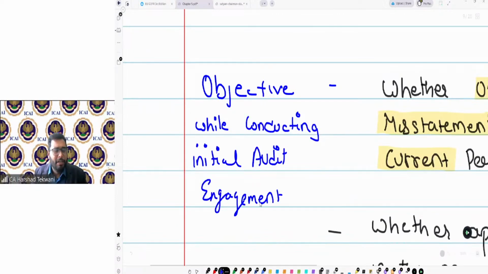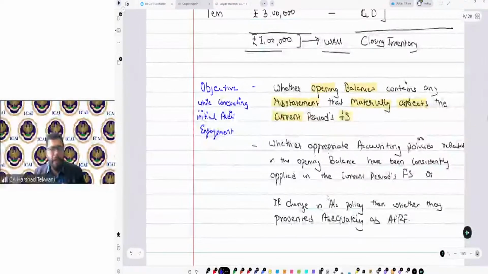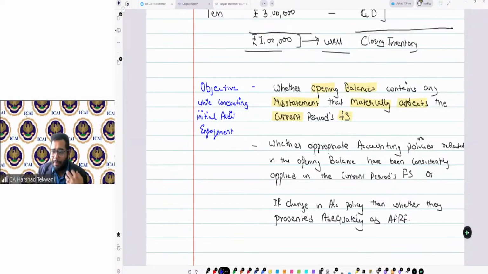Why initial audit engagement? I'll tell you. The reason is, if we were the ones who audited last year, then we know what the balance is. We have all the working papers. At that point I can't say there was a misstatement in my work last year and I need to check. I was the one who audited last year, and I'm the one auditing the current year.